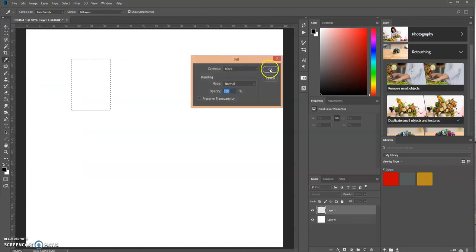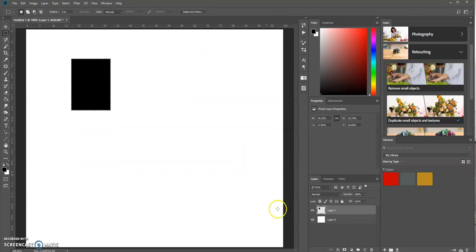I'm going to use black. And now I want to duplicate that layer. So I'm going to press Control J on a PC. And then I'm going to use the transform function, which is Control T on a PC. Now watch what happens when I